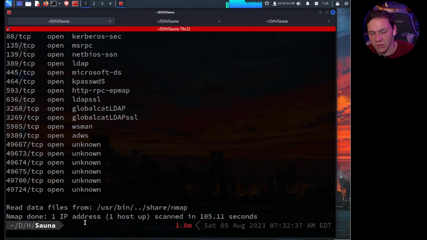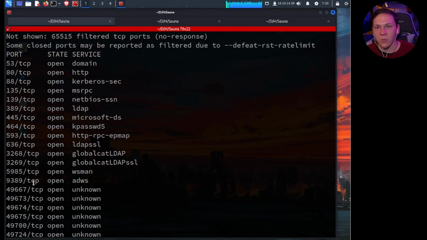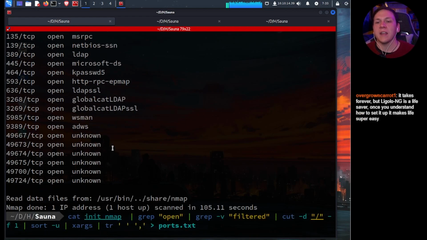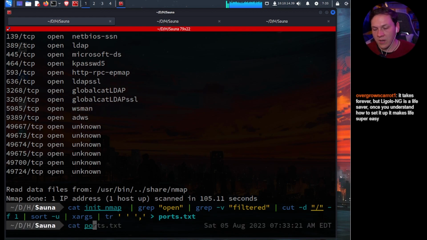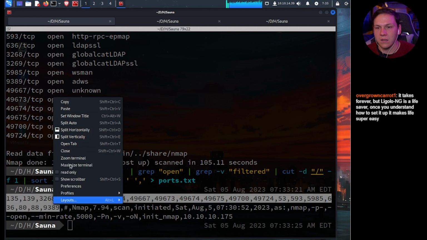So now what we'll do is we'll cat that, and then I found this awesome command that breaks down your Nmap scan. So what I just did was I just wanted to know what was open, and then from there we'll get all of these port numbers to run into our next scan. So that's what this does. And we'll count ports, and we have all of our ports here. So we'll copy that,